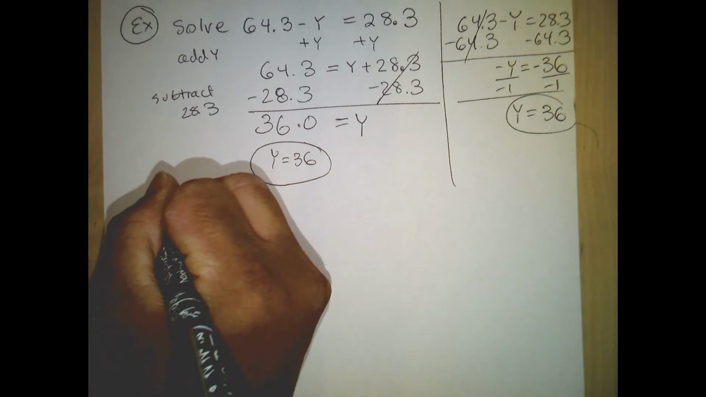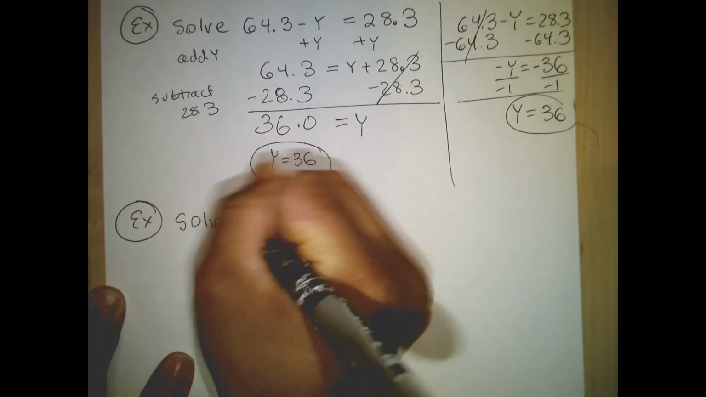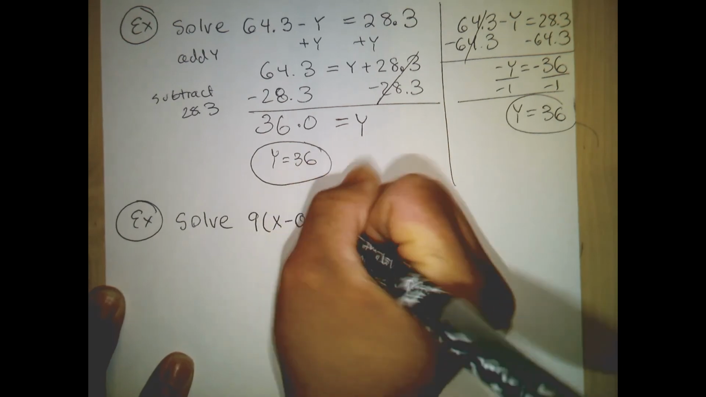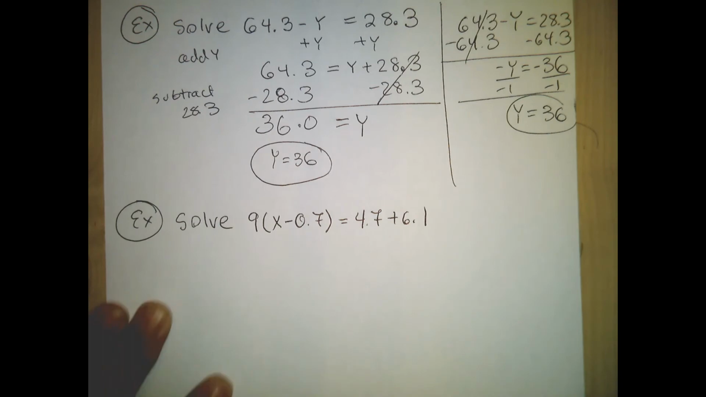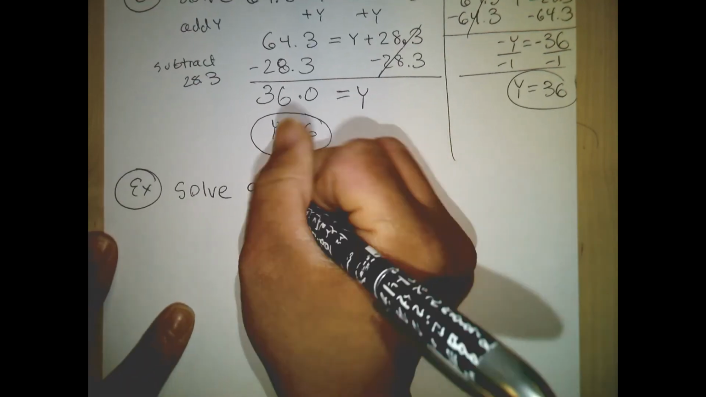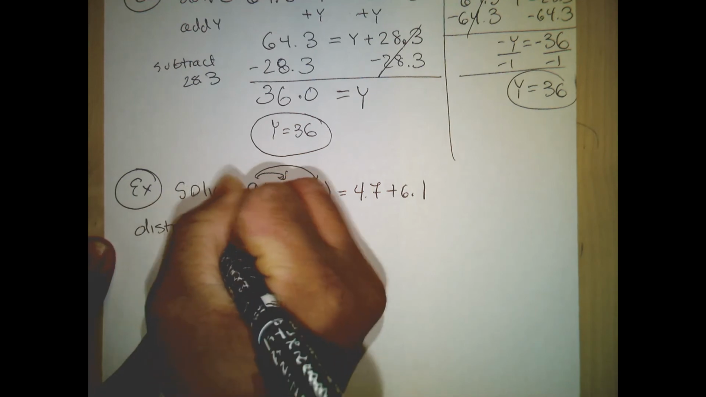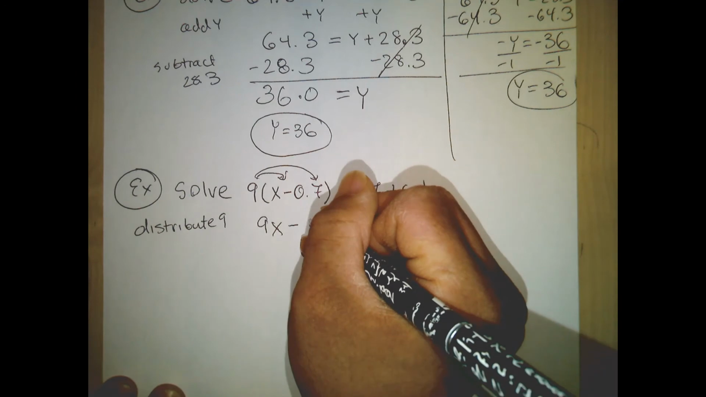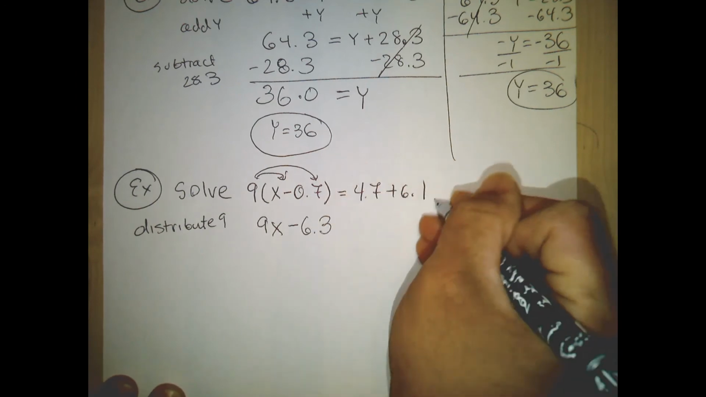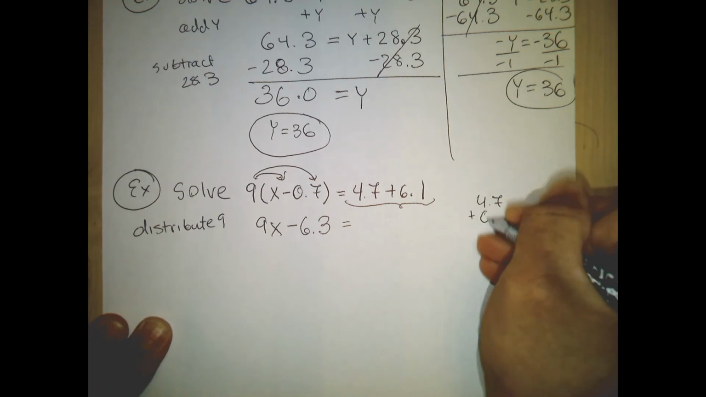So let's do another example here. This one also has parentheses. So solve 9 times x minus 0.7 is 4.7 plus 6.1. Now let's distribute the 9. So distribute the 9, so 9 times x is 9x, 9 times 0.7 is 6.3, then 4.7 plus 6.1, that